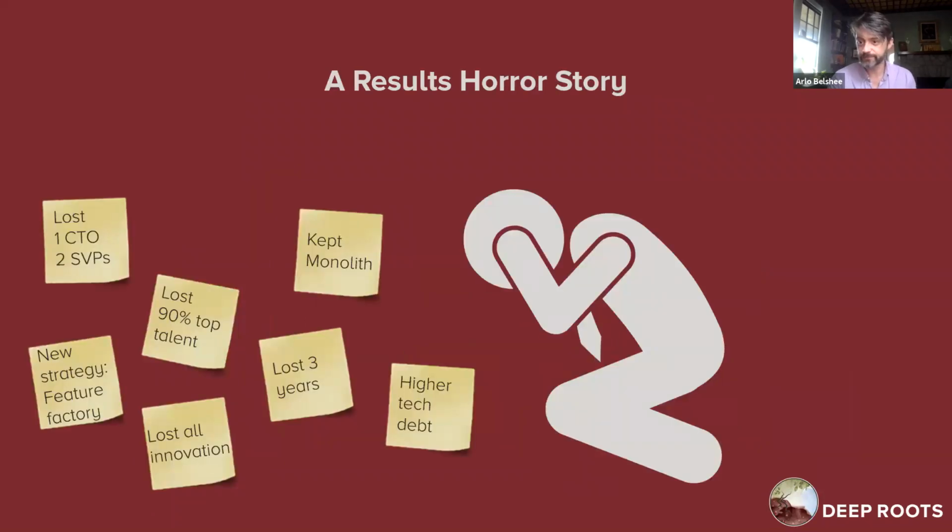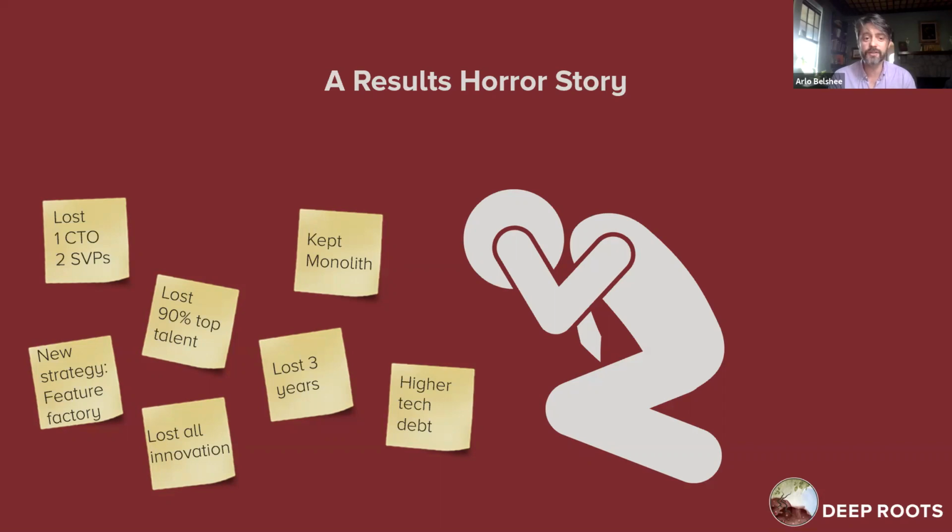The results, however, they were attempting to address technical debt. And after a couple of years, the result is they still had a monolith. They lost the CTO. They lost the senior VPs that agreed with them. They lost a number of other directors and VPs. The number one reason they had been going after tech debt was because they were having retention problems. The most senior staff had started to leave, and they were citing the horrible code and the difficult working conditions, basically, as their number one reason. And so they went after this problem to try and address that.